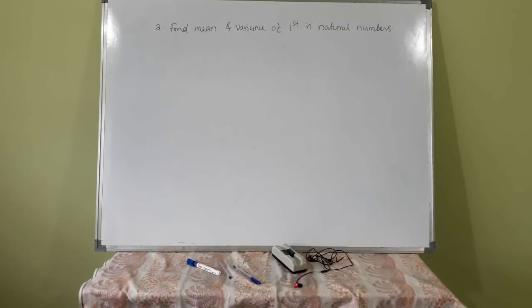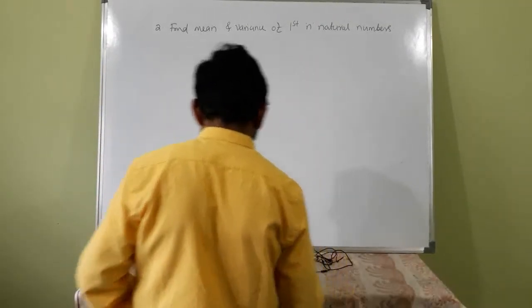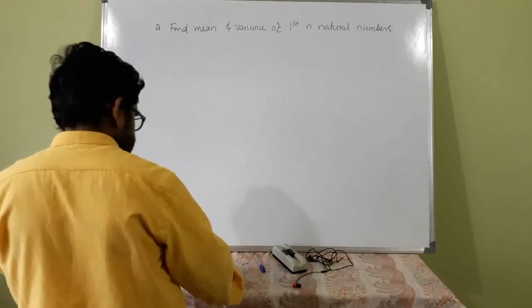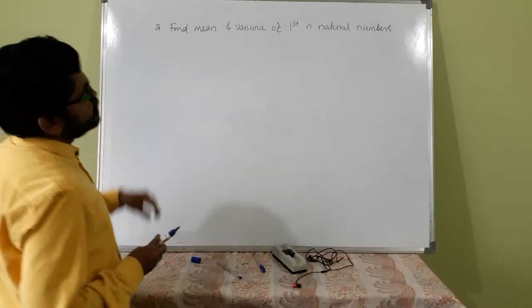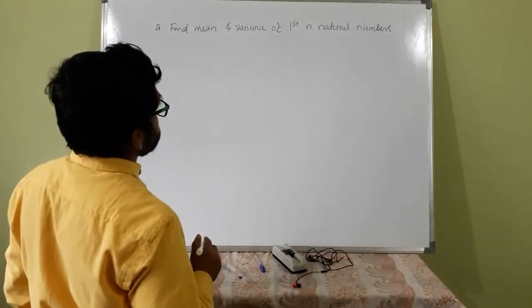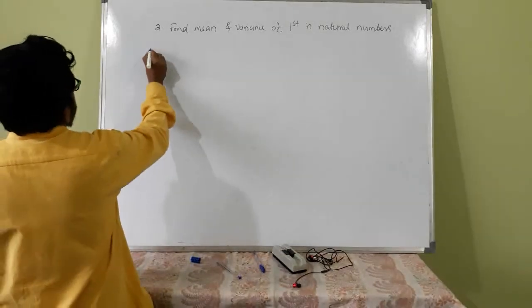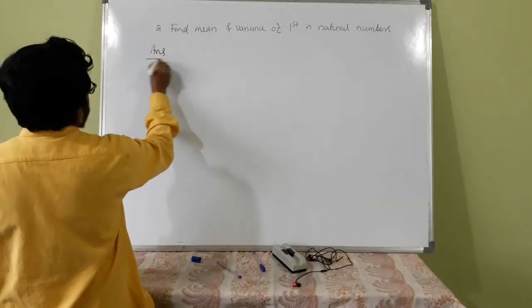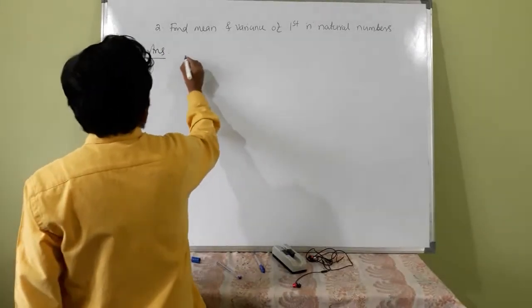See, find mean and variance of first n natural numbers. First, and this is an important result. You have to remember this. Many times it is asked in competitive exams also. See, first n natural numbers, 1, 2, so on up to n. So answer for this is, you have to know that